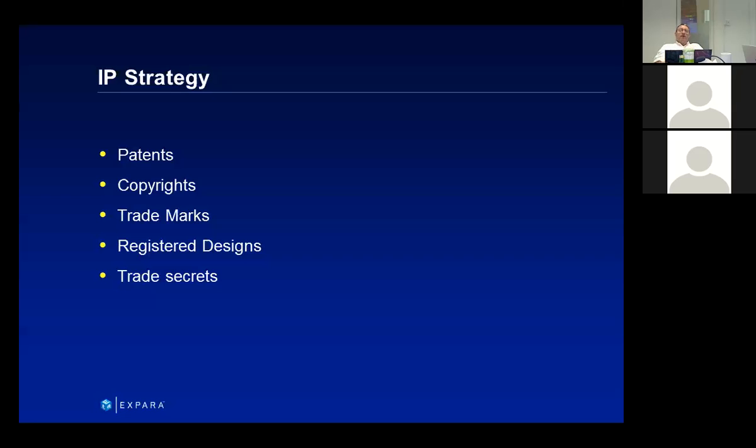Now, interestingly, patents are acquired through application, but copyright is acquired without registration. So copyright is acquired through creation. As soon as you create something, you own the copyright. This is in countries that subscribe to international copyright treaties. So if you acquire copyright by creating, why do people bother to put copyright notices on things?